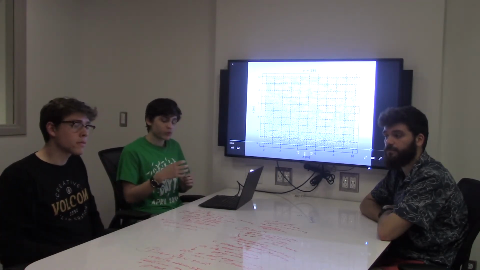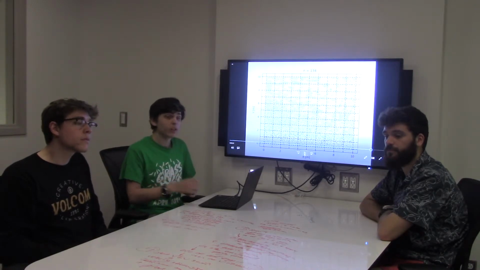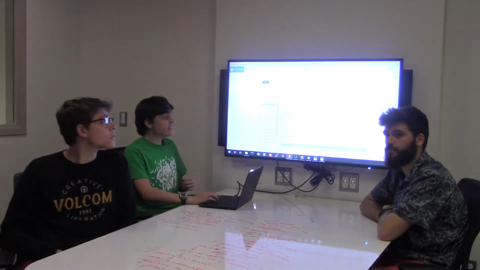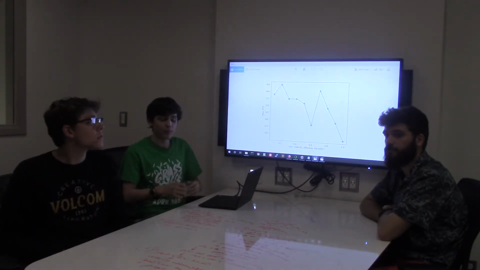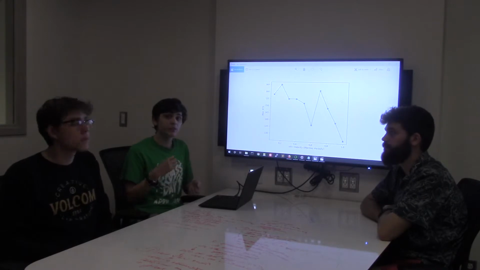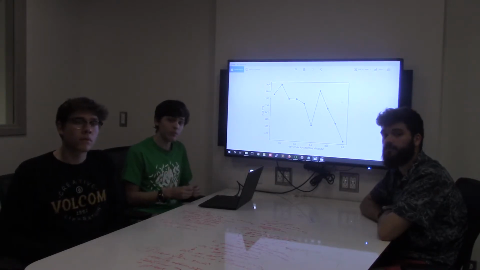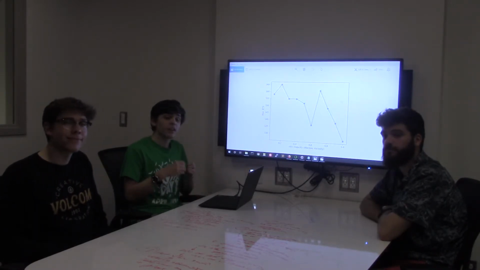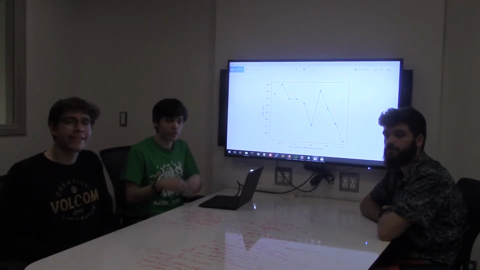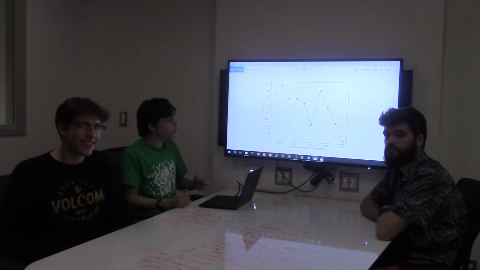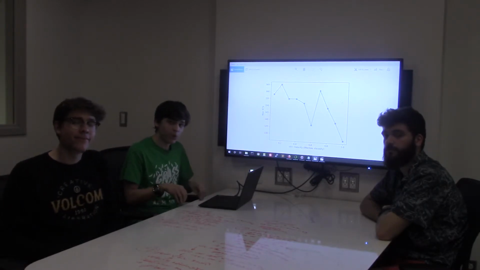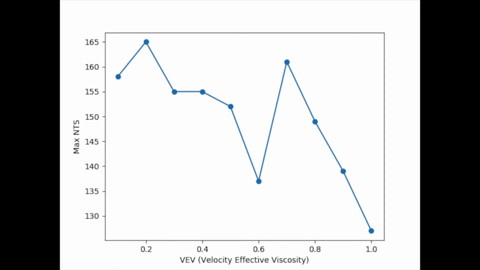And so in order to explore that a little more, we looked at what we called the VEV, or velocity effective viscosity, where we went to our effective velocity calculations in phase 2 of the particle in cell, and we applied a VEV coefficient, some unitless coefficient, to dampen that somewhat. We tested this with 10 values from 0.1 to 1, and we found the following graph,